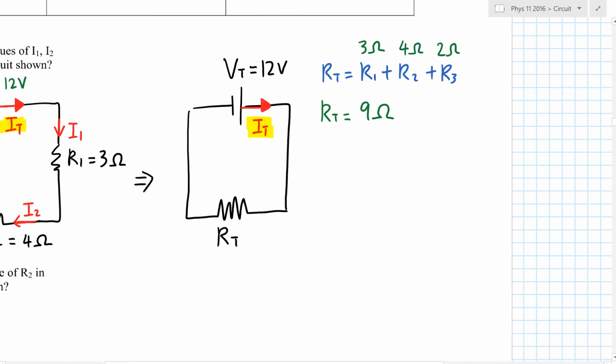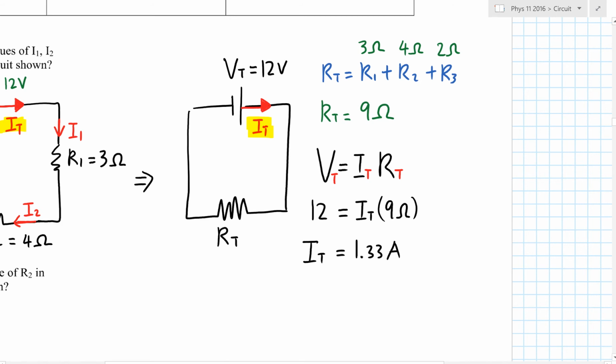So what we're going to do is apply Ohm's law to this situation. Ohm's law is V equals IR. But more precisely, we can say V total equals I total times R total. As long as all three of these values are totals, we can use them together. So V total is 12 volts, I total is the unknown, and R total is 9 ohms. Therefore, I total is equal to 12 divided by 9, which in this case will be